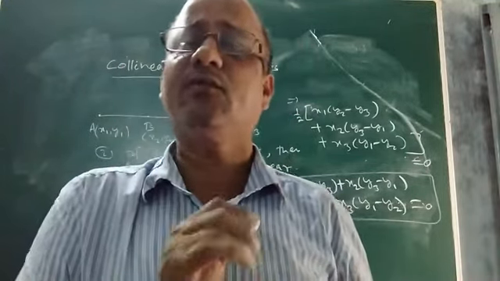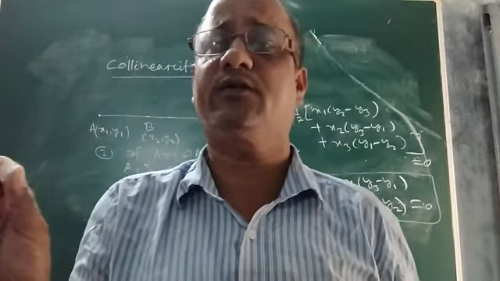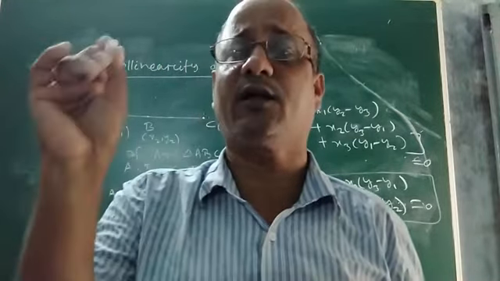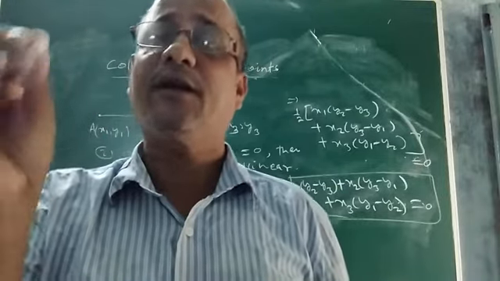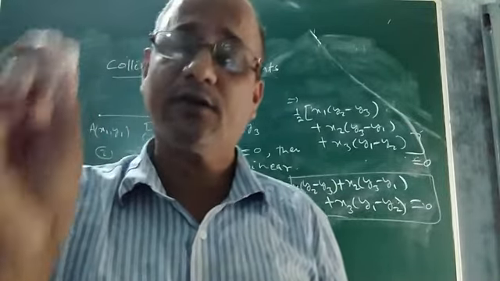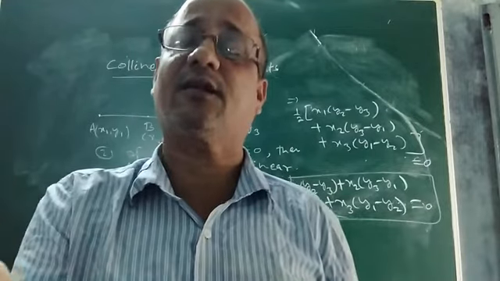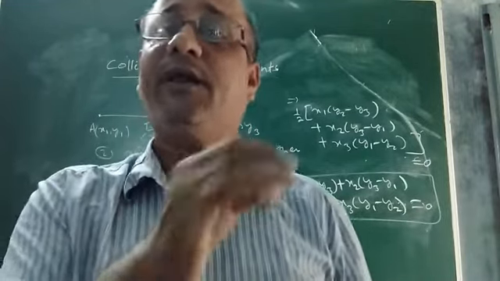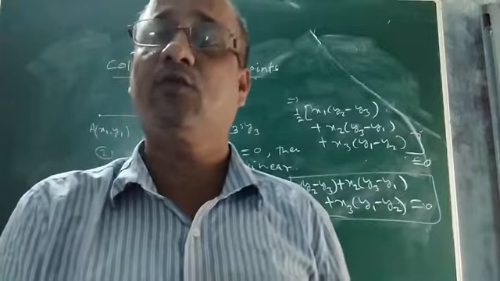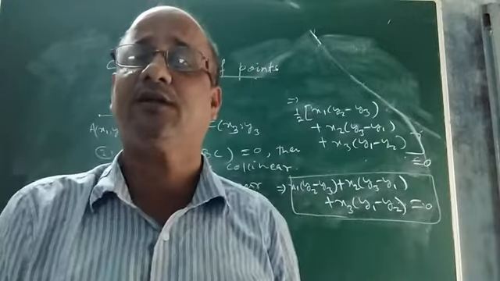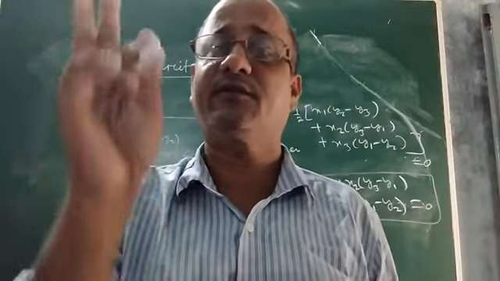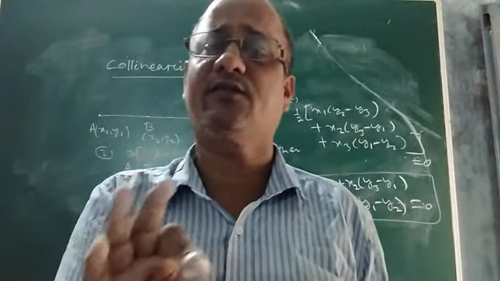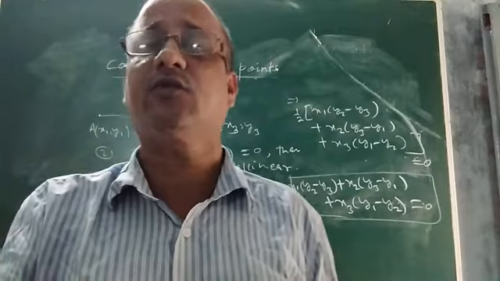So with this we came to the end of the chapter, that is coordinate geometry. I discussed everything: distance formula, section formula, then the application of section formula, how to find the coordinates of the centroid of a triangle in one class. Then in another class I discussed how to find area of triangle using coordinate geometry. And today we discussed collinearity of points. What are the two conditions for testing collinearity of 3 points? So with this we came to the end of the chapter, coordinate geometry.